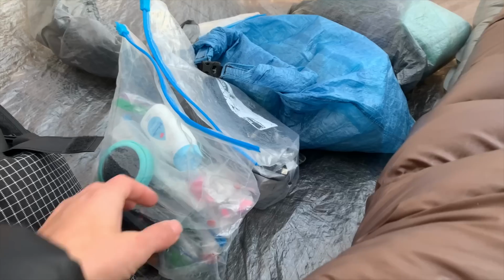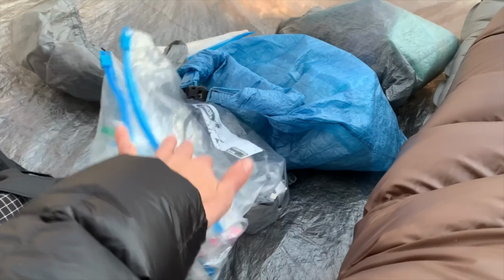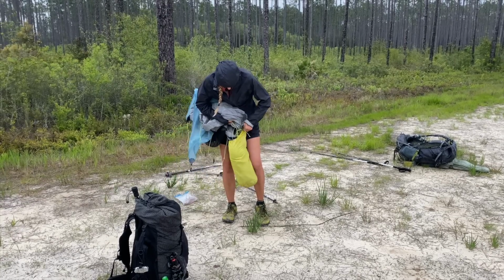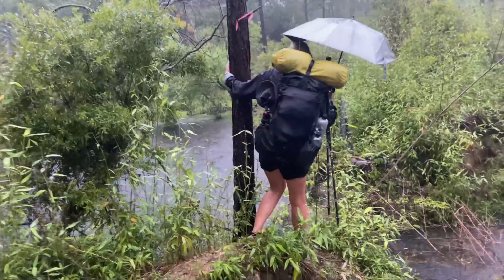That way, if it's raining, I can take my tent off the outside of my pack, set it up, throw the pack in there, and then unload everything. So I'm not having to pull anything out of my pack while it's raining. Same thing while I'm packing up in the morning and it's raining or, you know, gross out. I just pack everything up and then pull my pack out, pack the tent up, and it hangs out there on the outside of my pack where hopefully it can drip some of the water off of it